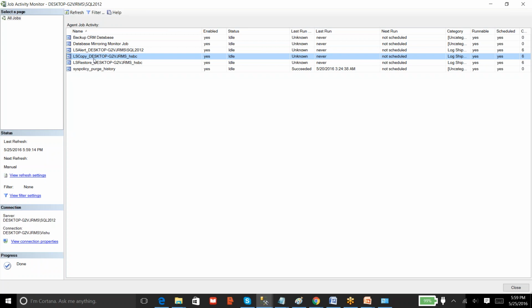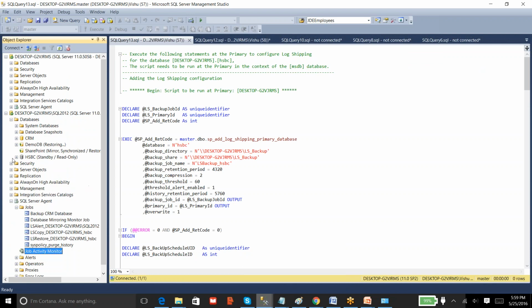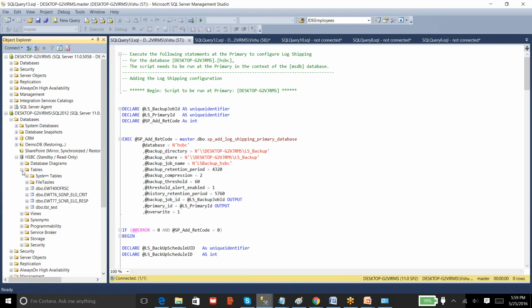Both the copy and restore jobs will kick off, but by the time the restore job runs, the file will still not be available in the copy folder. So you can go back to your secondary database, and I have got the tables here. Okay,